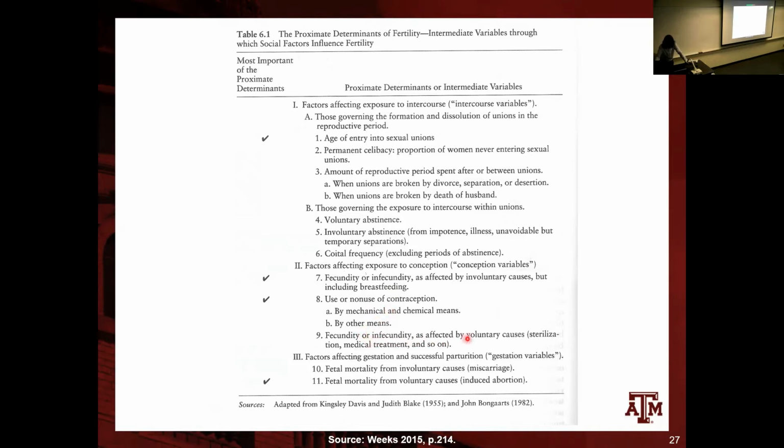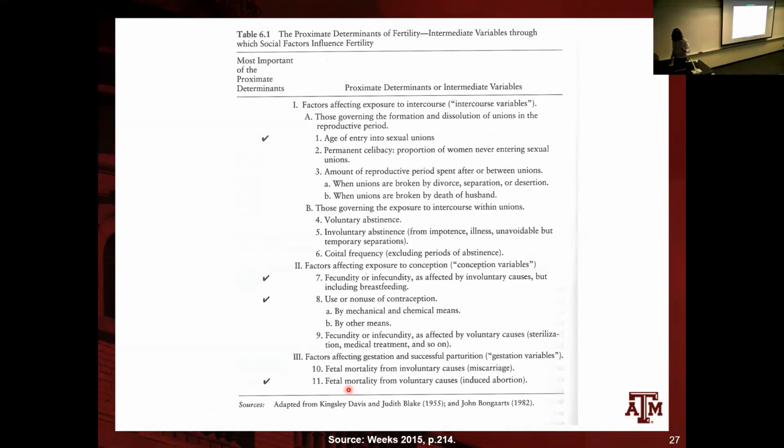Fecundity or infecundity is affected by voluntary causes such as sterilization, female sterilization, male sterilization. And then about gestation variables: fetal mortality from involuntary causes, miscarriage, fetal mortality from voluntary causes, induced abortions. And what Bongaarts mentioned is that out of these 11 variables, the ones that are most important to understand variations